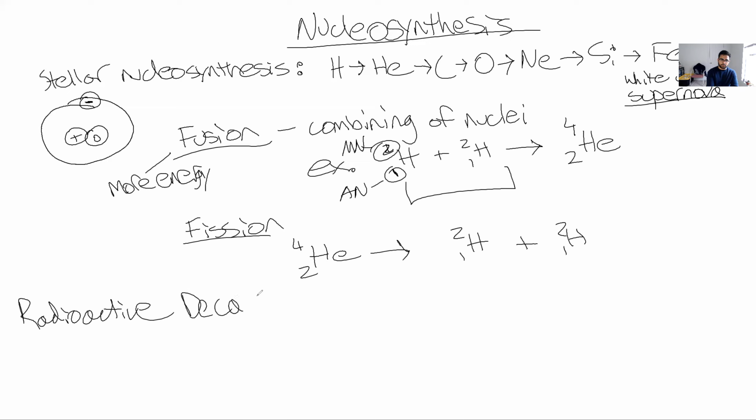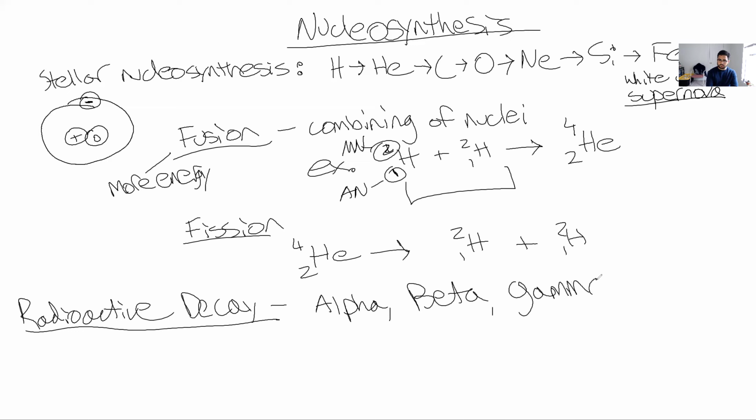Okay, and there are 3 types of radioactive decay that you should know. So there's alpha decay, there's beta decay, and gamma decay. All right, and then with alpha decay, that is the emission. So all radioactive decay emits a particle, and it changes the nucleus that did emit that